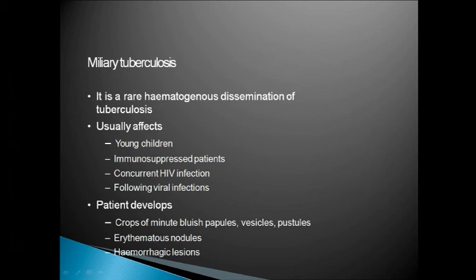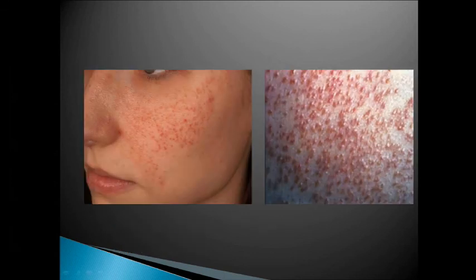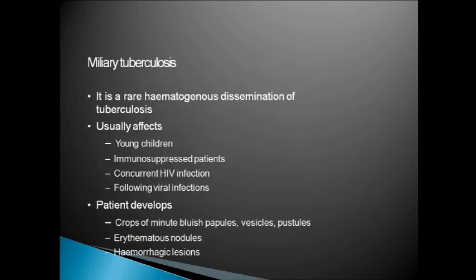Okay. Now miliary tuberculosis or disseminated tuberculosis is a rare form of tuberculosis where there is dissemination. Here see, small multiple papules, dissemination, very difficult to identify. You will not be able to, and only after biopsy, if you see some caseous necrosis, then only you make a presumptive diagnosis. It usually affects children, immunocompromised patients, and HIV infection. Okay. And very characteristic is that many minor bluish purple vesicles will be present, and the condition will usually have hemorrhagic or erythematous nodules. So miliary tuberculosis is a very rare condition. It's not commonly seen in immunocompetent people.